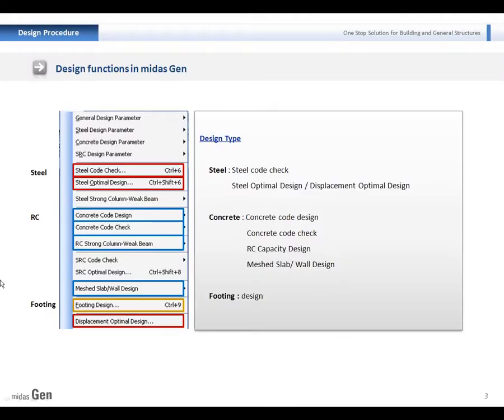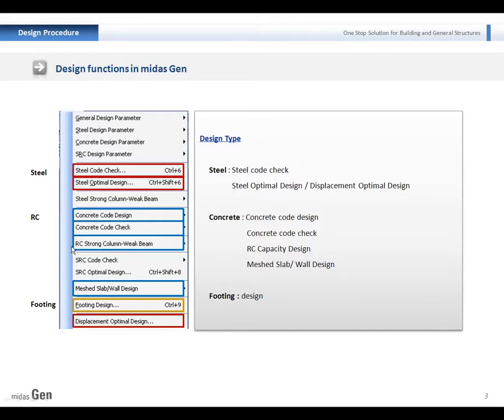Let's see the details of the design functions. The following features are available in MIDAS-Gen. For the steel structure, we can design the general frame design, and also optimal design is implemented. For the RC structure, concrete code design and check. I will explain the difference between the two later.